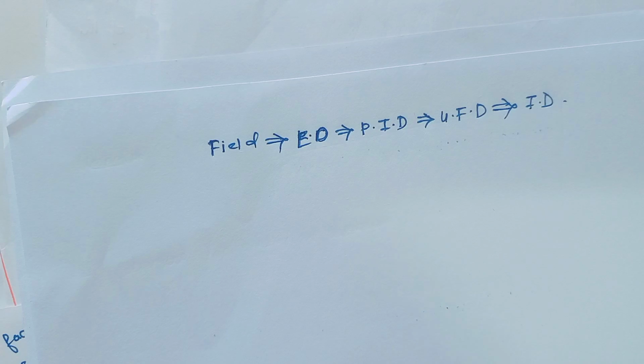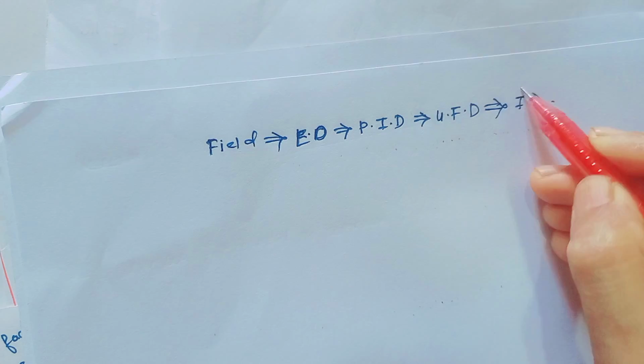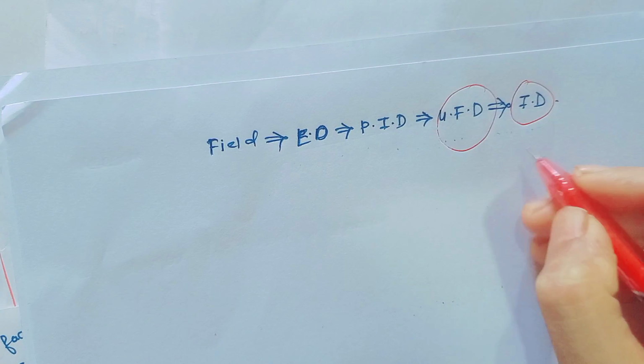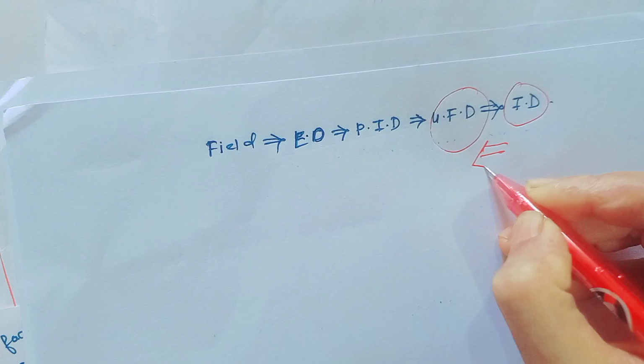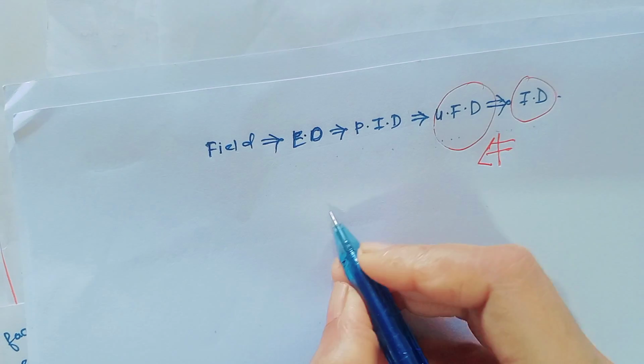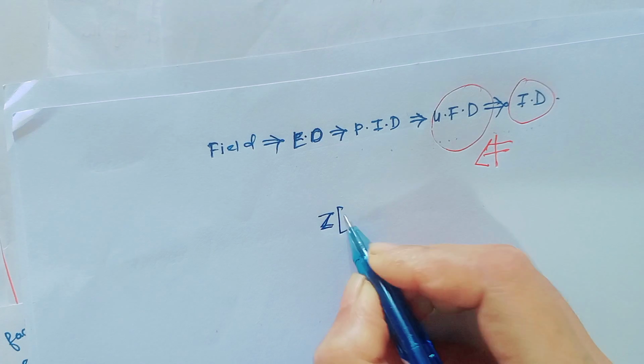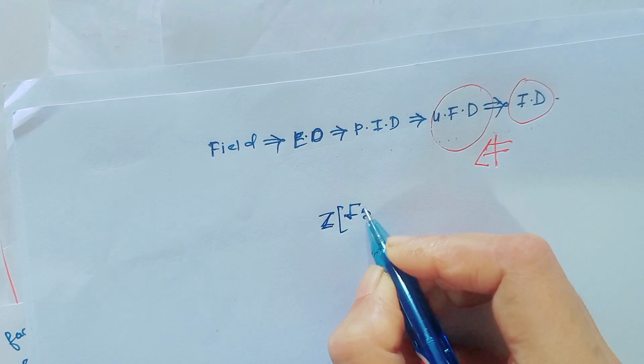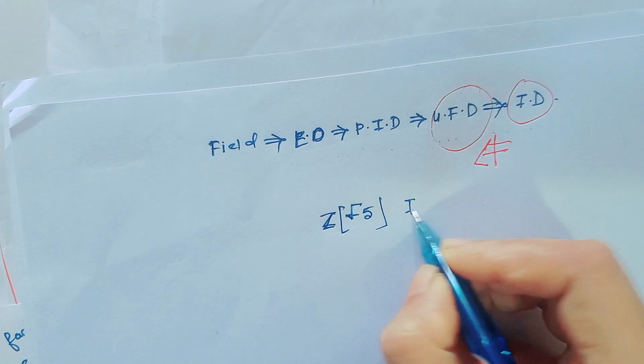We will see one integral domain which is not a U.F.D. Integral domain but not U.F.D. That means the converse is not true. Z square root of minus 5, this is an integral domain